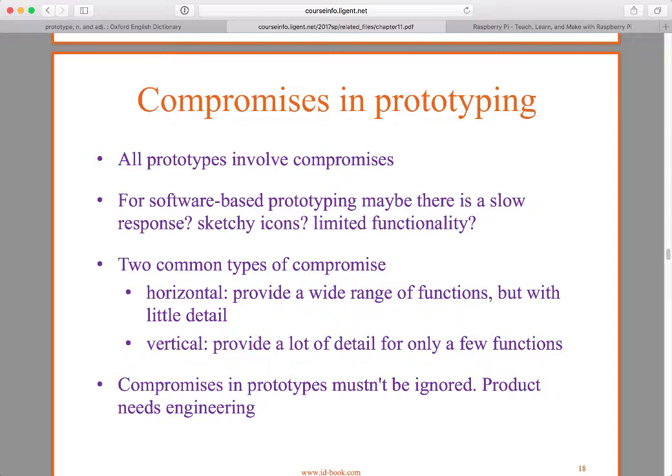So if we're doing software-based prototyping, perhaps it has a slower response. Perhaps the icons are sketchier. Perhaps it doesn't have all the functionality. Perhaps it has the response and good icons and functionality, but it doesn't have the ability to scale up to the number of users that we're talking about. For instance, we could very easily create an experience for a single user, or even 2 or 3, that whatever software and platform we used could not scale up to